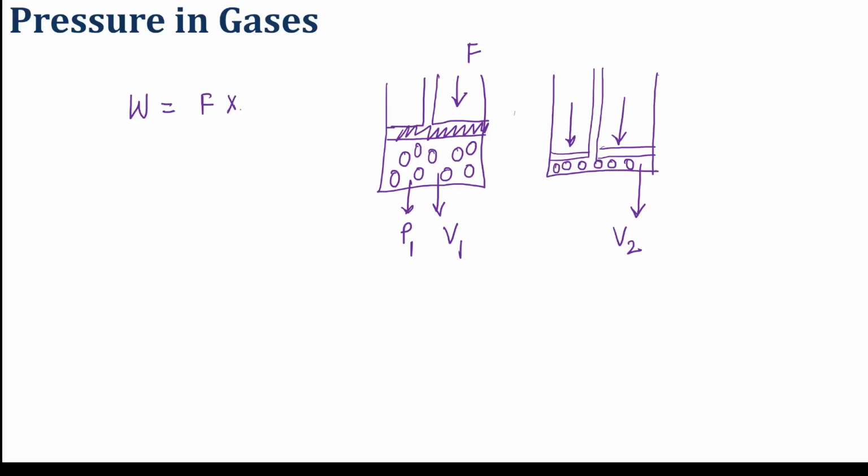Work is force times distance. Because of this applied force and this distance moved, there is work done. Because of that work done, the pressure now increases to, let's say, P2. So what you need to know for your exams in GCSE is